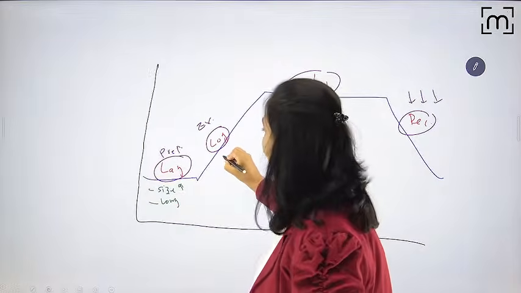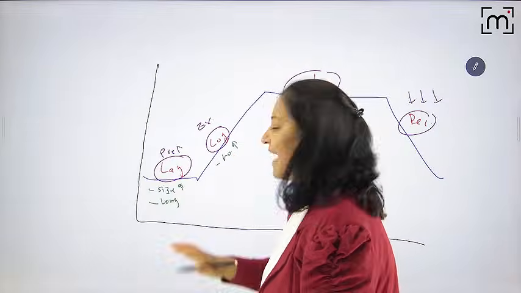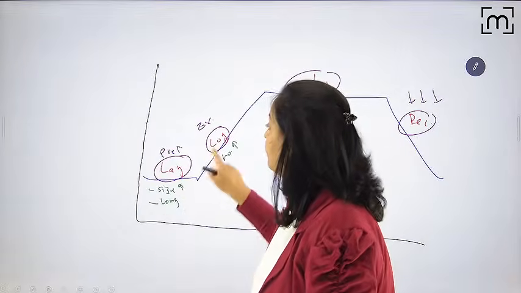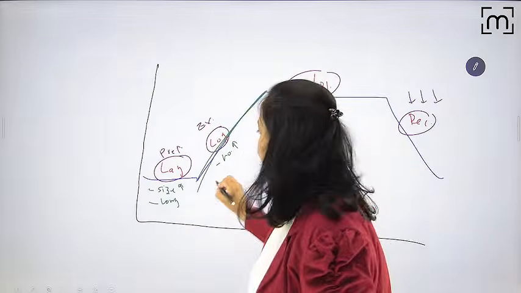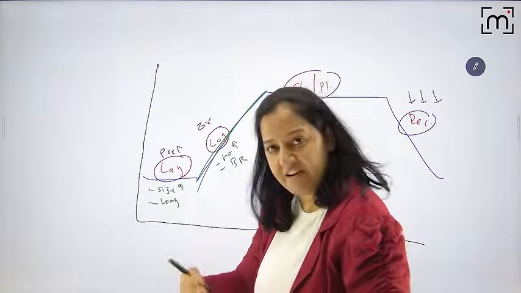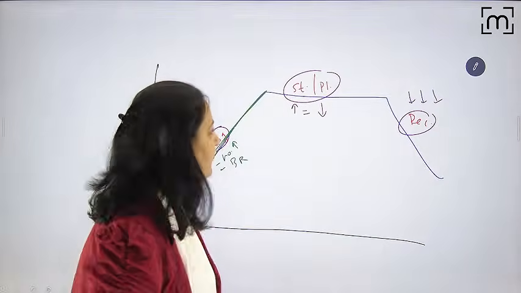Log phase: number is maximum, but size is normal. Since they are dividing, biochemical reactions are applied in log phase. In log phase, we apply all biochemical reactions of all bacteria because they are dividing, no? They are active. They will show the biochemical reaction.